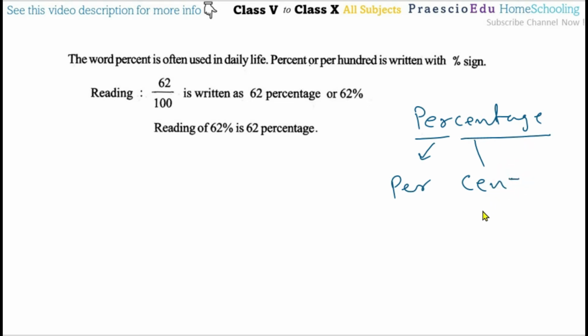So this cent means what exactly? The cent means century. This is formed from the century. Okay, century, all the students know that in cricket, a century means how much? Century means 100 runs, means 100. Okay, we are saying century means 100. Now this per means every, or we can say behind every 100.